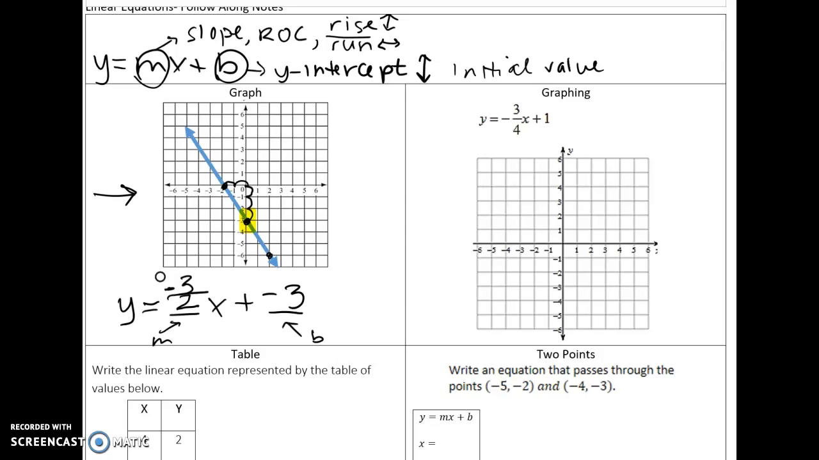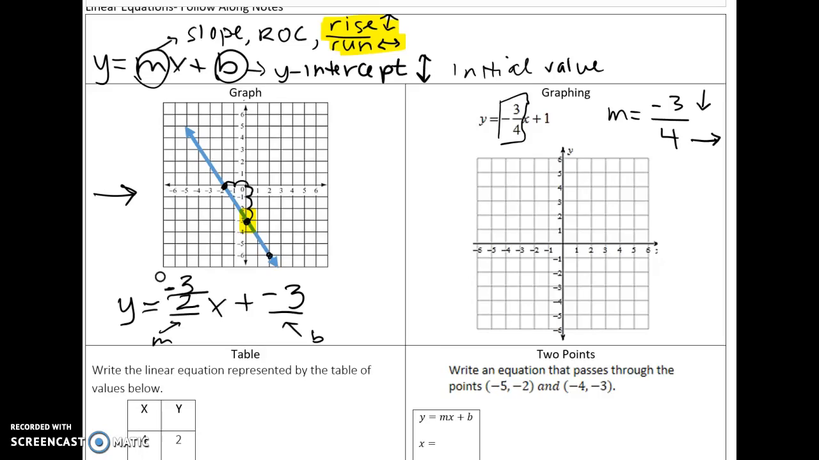If I'm working backwards, where I'm given an equation and I need to graph it, it always helps to identify the two parts of the equation. So my m, my slope here, is -3 over 4. If I go back to my notes, I remember that my slope is rise over run. So if it's -3, that's how much I'm going down, and my run is a +4, and a positive direction